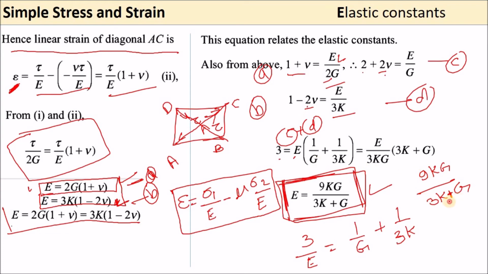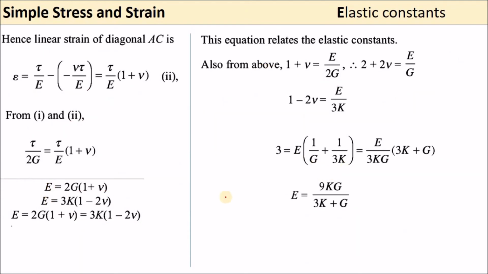And you add 1 plus here. Here also you can remember very simply. We have already discussed in lecture number 2 also, how we can remember these two formulas. One is this one: first, second and third. The third one is simple, 9K divided by 3K. How can we remember the first one? E equals 2G(1 plus mu). This is simple to remember.